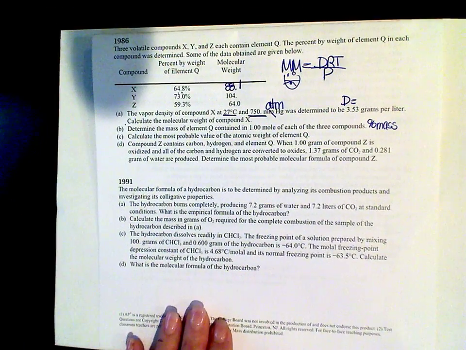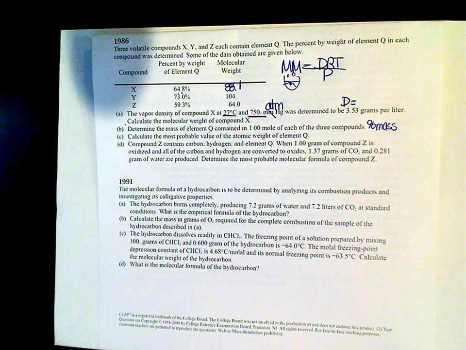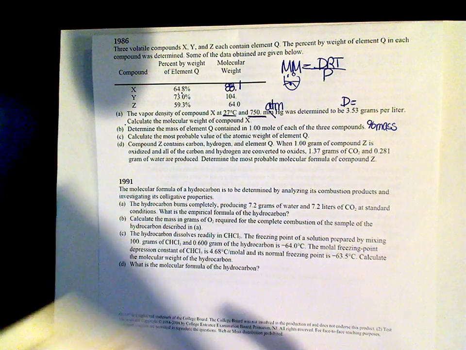Question C asks us to calculate the most probable value of the atomic weight of element Q. So basically what we do here is we're going to be taking a look at what our masses were of Q in each one of those compounds. Because of the law of definite proportions, we know that it's going to proportionally be put into each one of those compounds. So if I take a look at what our answers were